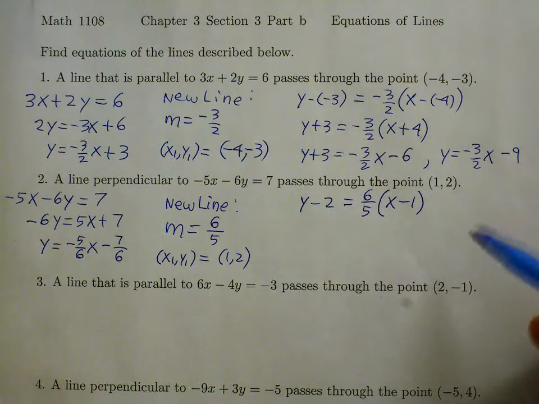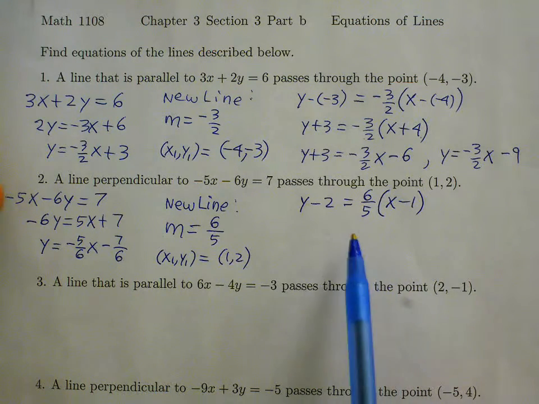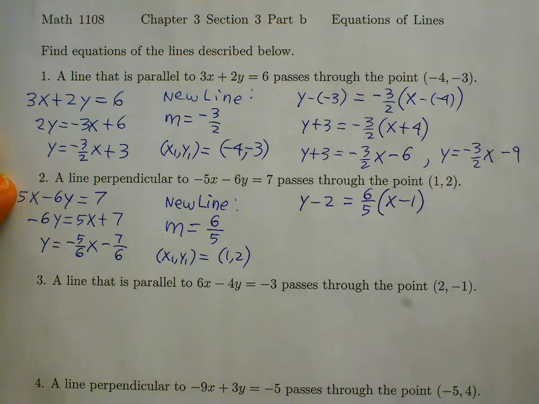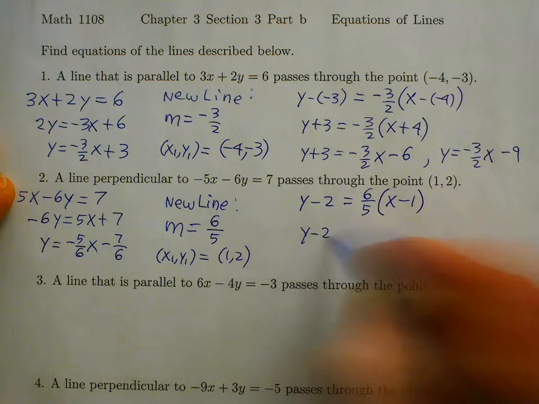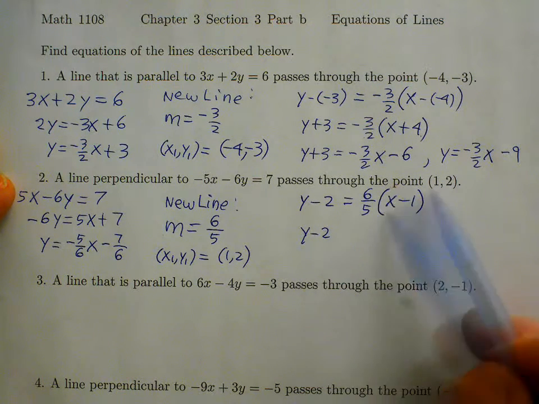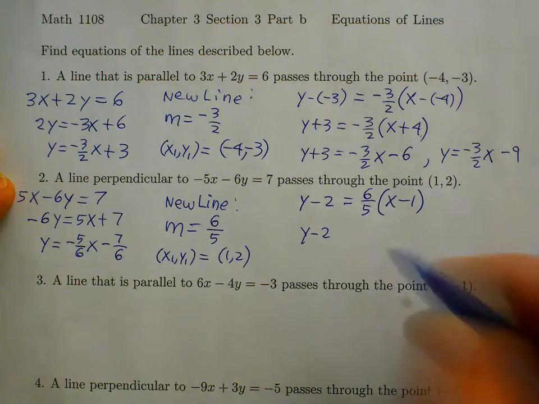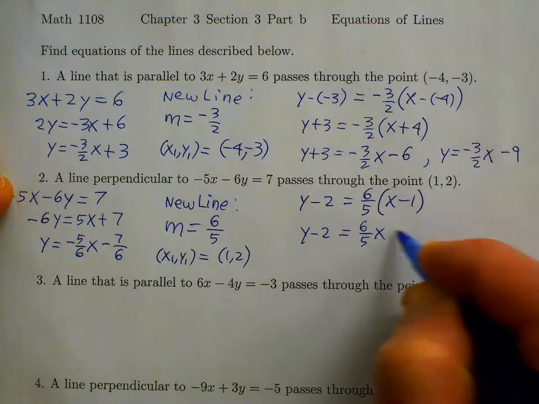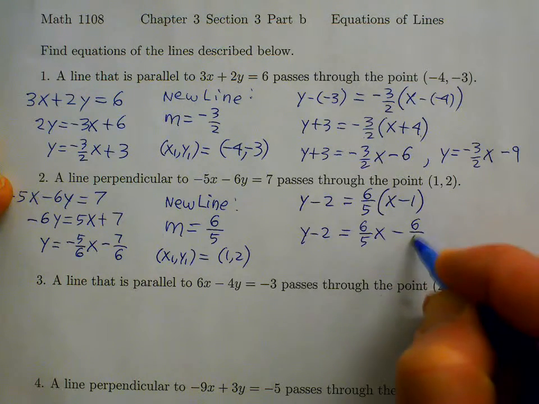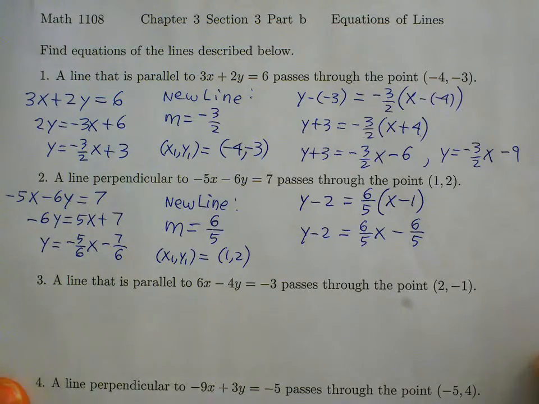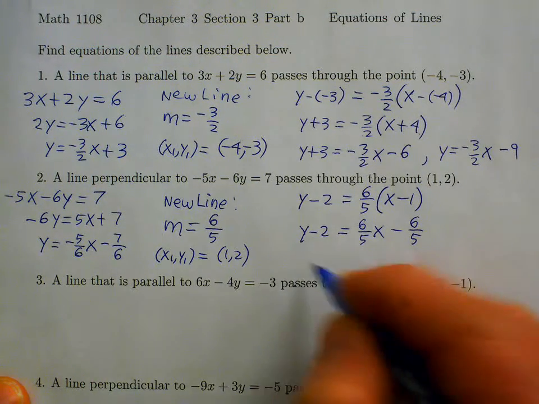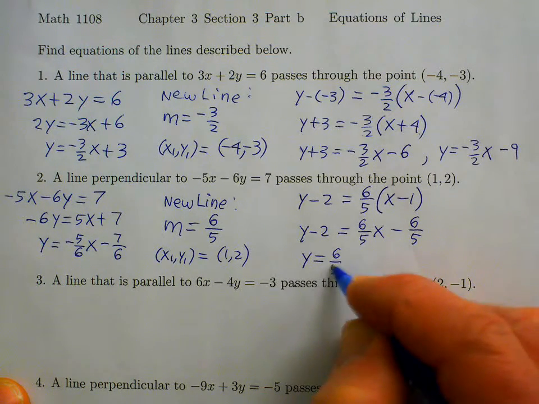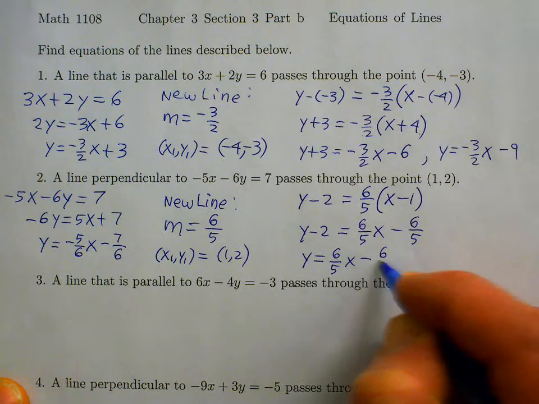Just for practice with fraction arithmetic, let's put this in slope-intercept form. So first, distribute multiplication over the quantity x minus 1 by 6/5. So y minus 2 equals 6/5 times x minus 6/5. And now we're going to add 2 to both sides. So we get y equals 6/5 x minus 6/5